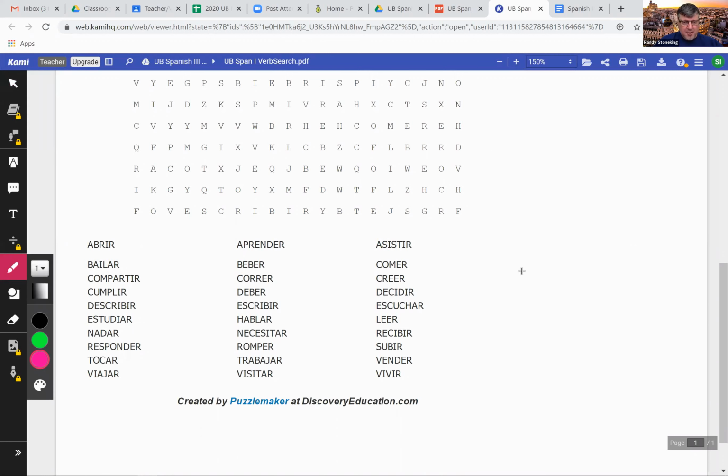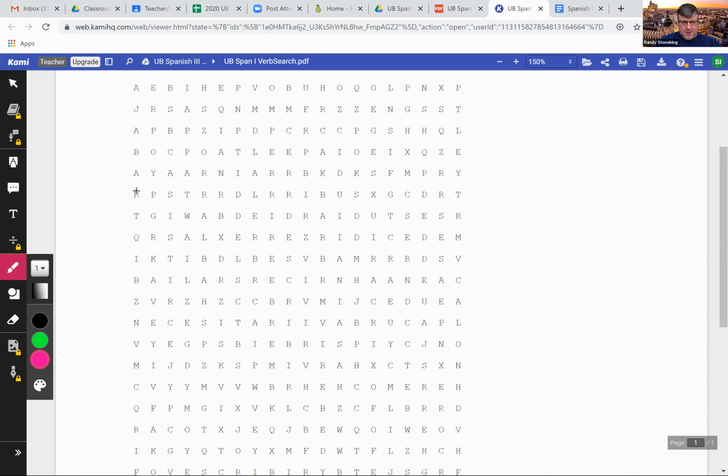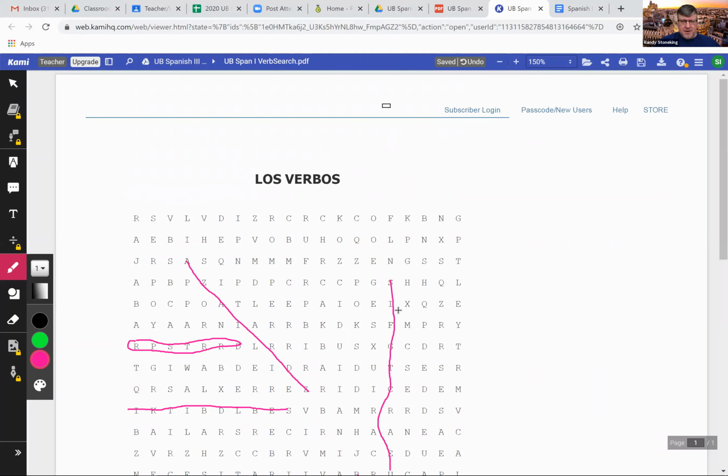Once you go find a word, let's say it's here, you can do it like this. You know how you do a word search. Or if you prefer to do it like just draw a line through it or whatever, wherever you find your words. Ooh, that's kind of crooked. Guys, these will go up and down. They will go back and forth, sideways, left, right. They will go every which way. Just when you get it all done, let's say we're finished now. So then what you'll need to do,